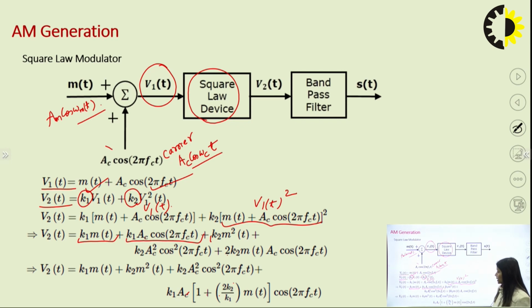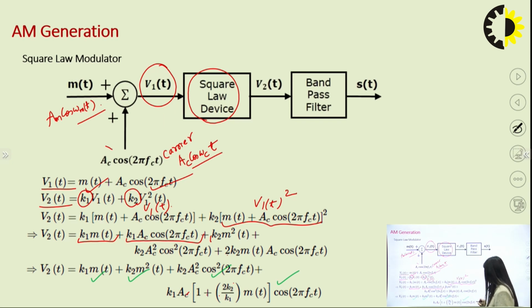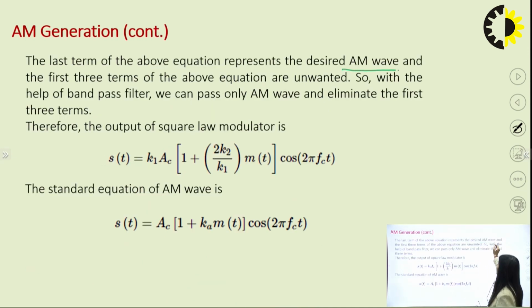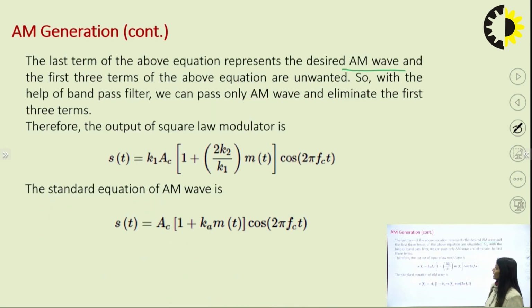Out of these 1, 2, 3 and this term, the last term of the equation is my desired amplitude modulation, and the first three terms, that means these three terms, are unwanted terms, and they can be removed with the band pass filter, and only AM will be passed by the